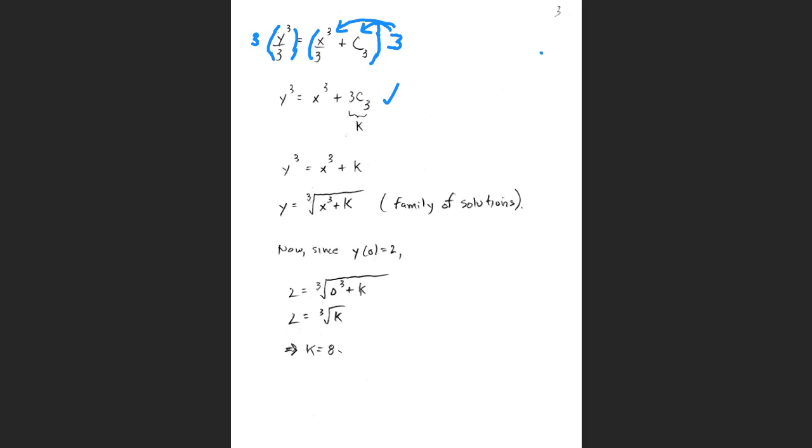On the left side, I have y cubed. Now, again, 3 times that constant c3 is yet a new constant. That's an arbitrary letter. So 3c3,